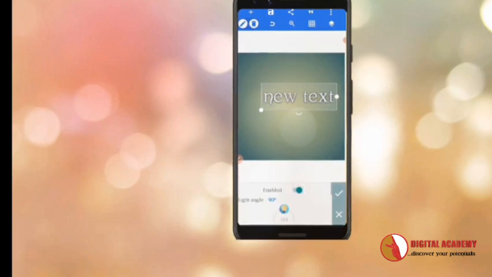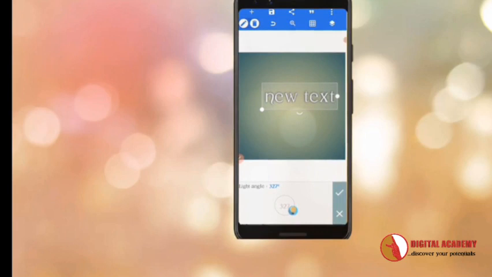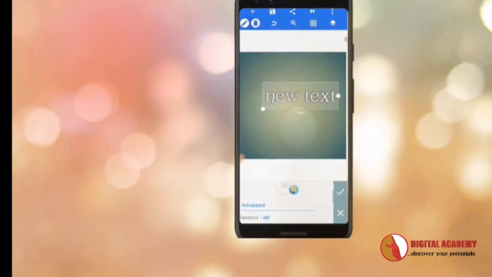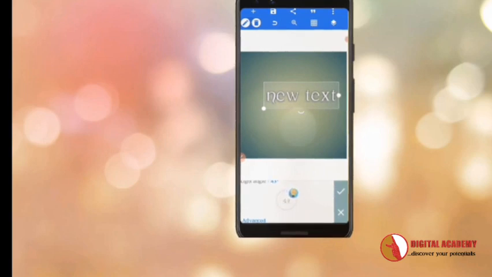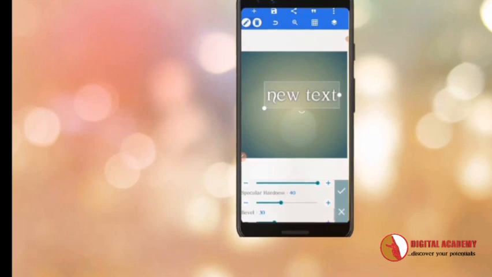And you can emboss your work. You can turn on the embossment. But mind you, when you are using this embossment, you should be careful. It can make your work neat and equally destroy your work if you don't know how to use it. So mostly, after placing how you want the reflection to look, you come and increase all the intensity, the ambient light, the specular hardness, then reduce the